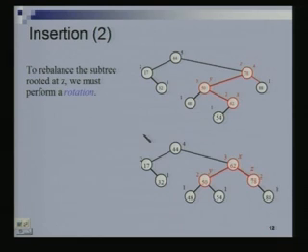As you can see now, the height balance property is not violated at any node. It is not violated here, not here, not here, both of them have height 2. This is height 2, this is height 3 and this is height 2. So, it is not violated. This is still a binary search tree with the same keys as before, we have not changed the keys. So is this the only possible way, or can we do this differently?